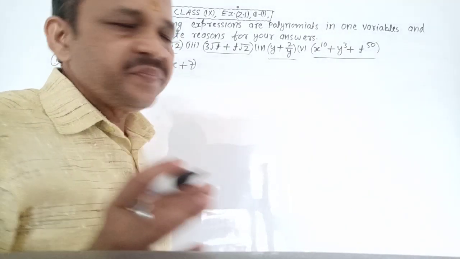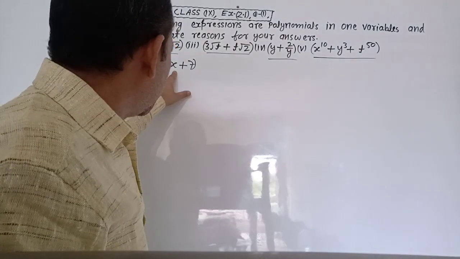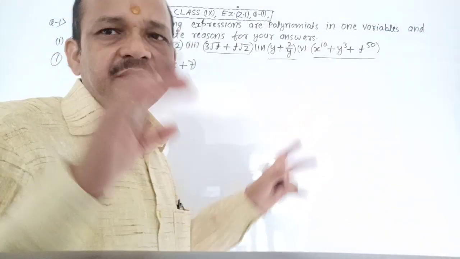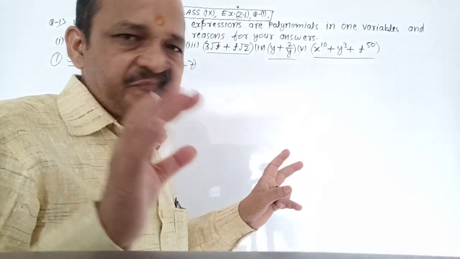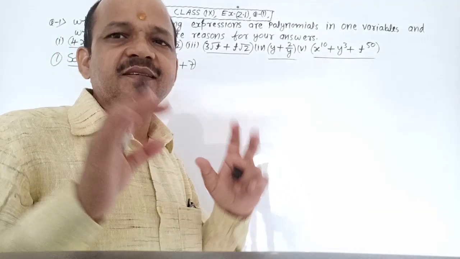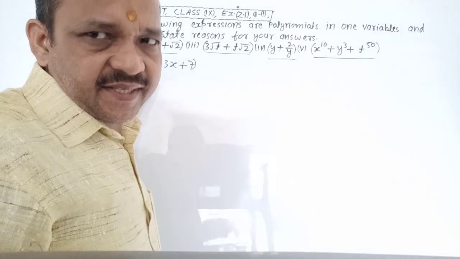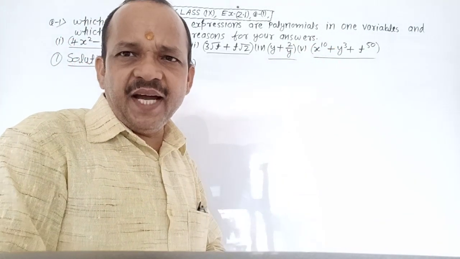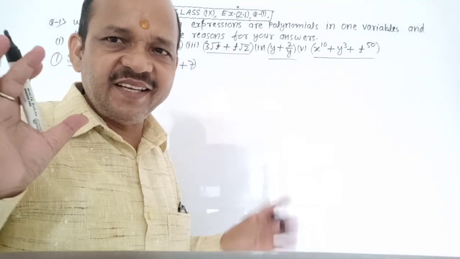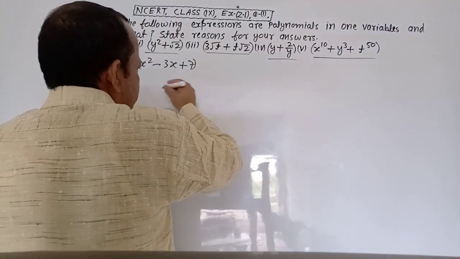It is clear? The parts separated by plus and minus signs are the first part, second part and third part. It means it has 3 terms. Clear? The maximum power is 2. It means its degree is 2. Here the degree is positive. Hence it is a polynomial of non-negative integral power. Clear? No confusion about it. Very good. See the board.